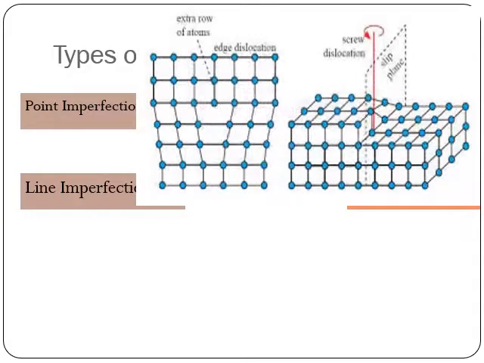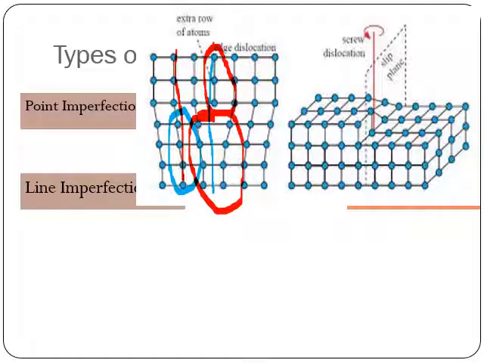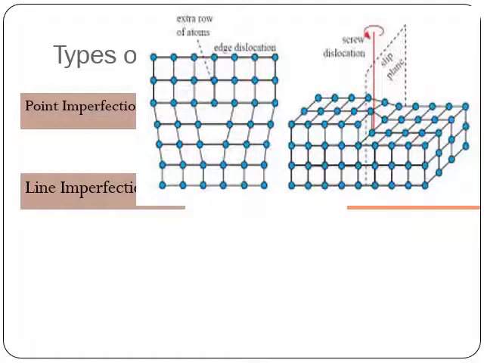We'll see now. A line or edge dislocation is something like an extra pair of atoms. You can see here, this is an extra pair. If this is a continuous atomic plane, then a part of the atomic plane is missing from its place. That is what happened here. There was a plane here, and now this plane is missing from its place. Or if there is a perfect crystal, insertion of half of a plane will create a distortion in it. That also we can term a line dislocation or edge dislocation.